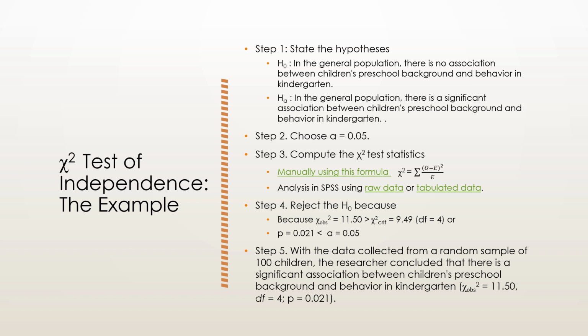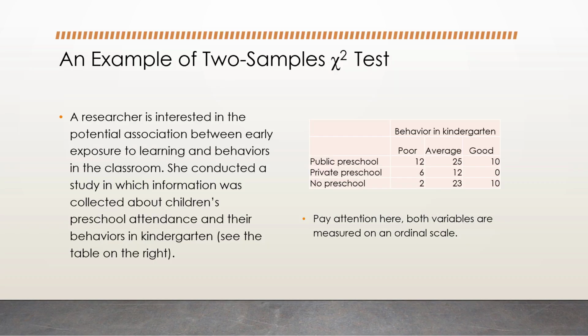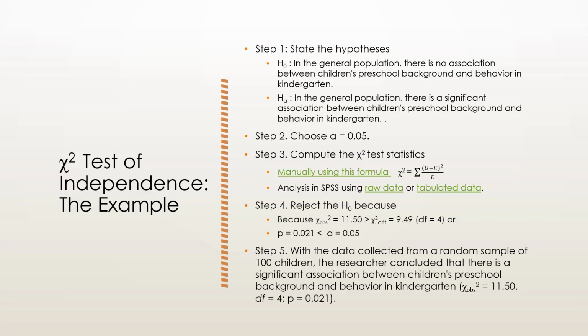I linked 3 videos here. One shows how to calculate the observed chi-square manually from summary data presented in tabulated format. And the other 2 show how to run the chi-square test of independence in SPSS, either from raw data or